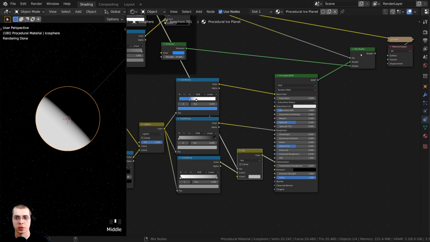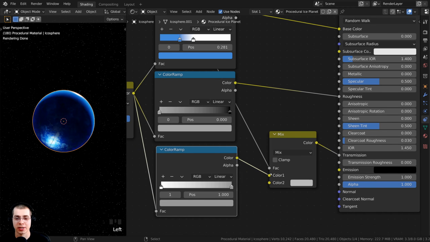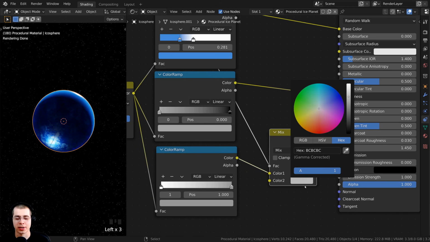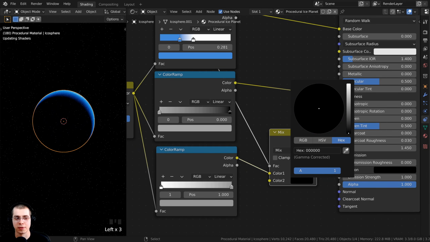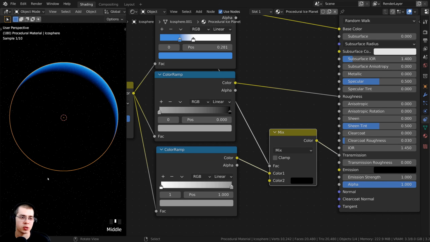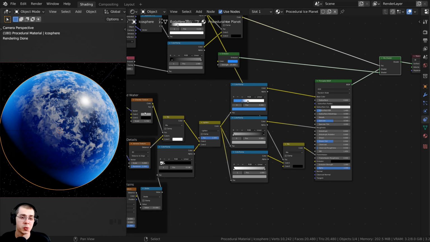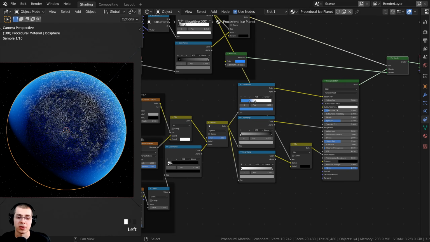And then I can Control Shift and select the mix shader again. And I want this color ramp here to be going into color 1, so I can now click on color 2, and I'm going to make this fully black. And so by making it fully black, now there isn't going to be any transmission on the dark area of the planet. So this is looking very cool, and we're almost finished,